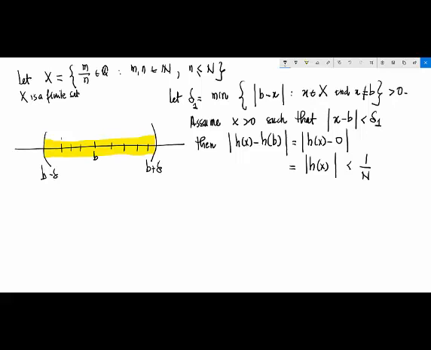If x is a rational number, it has to be of the type m over n, and in this case n must be greater than capital N because of our construction of delta 1, and taking the reciprocal of this, we get 1 over n is less than 1 over big N, which is less than epsilon. Thus h is continuous